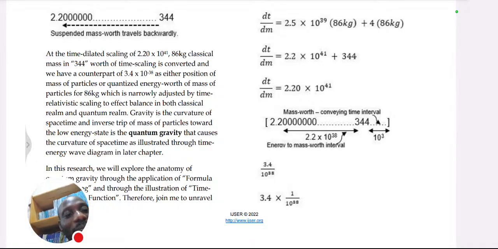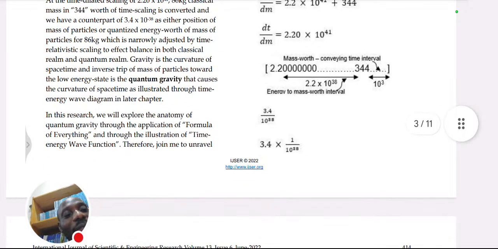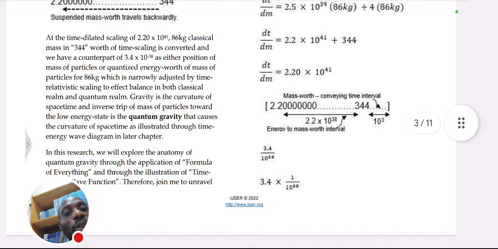you see this part is actually analyzing that suspension, and from where we have the suspension, we can manually annihilate the suspended zeros. And when we annihilate the suspended zeros, we're going to have a vertical trajectory, which will be different from that diagonal, and that will serve as the baseline of that equilateral triangle. So once we have the diagonal to be 2.20 times 10 raised to power 41, it's